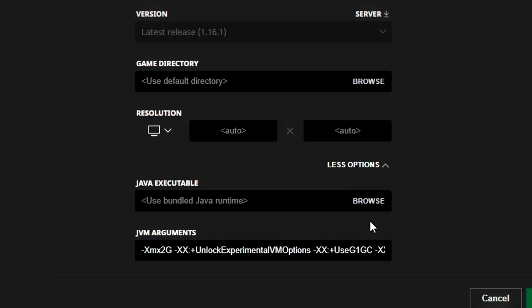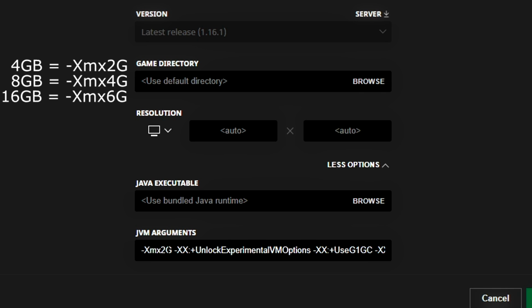Java arguments. So we are only going to be changing this first argument here where it says Xmx2G, which literally means the maximum amount of RAM that is going to be allocated to Minecraft. So for me, it's defaulted to 2 gigabytes, but if you have more gigabytes of RAM available, then of course, just increase this. So if you have 4 gigabytes of total memory in your system, then I suggest just leaving